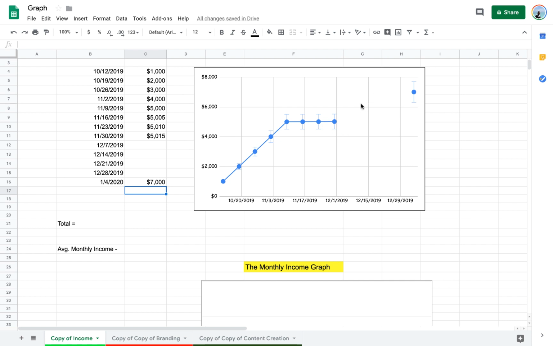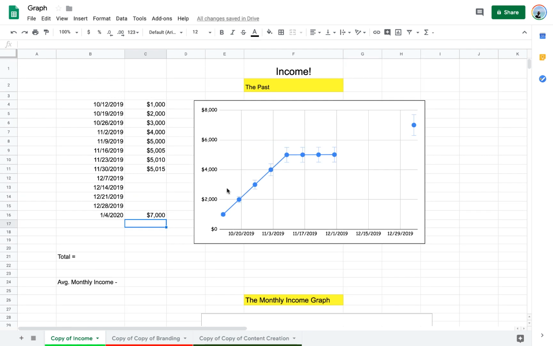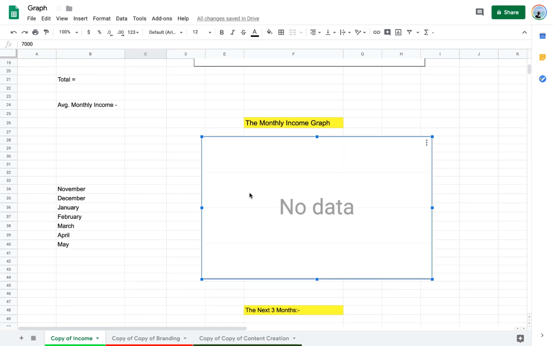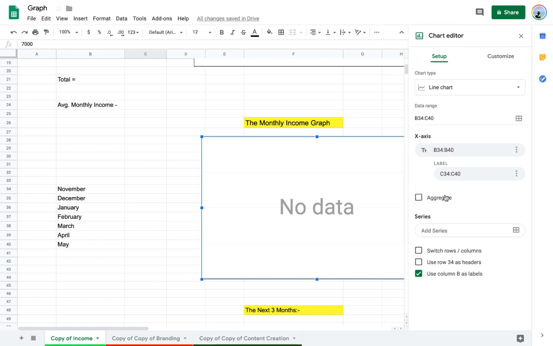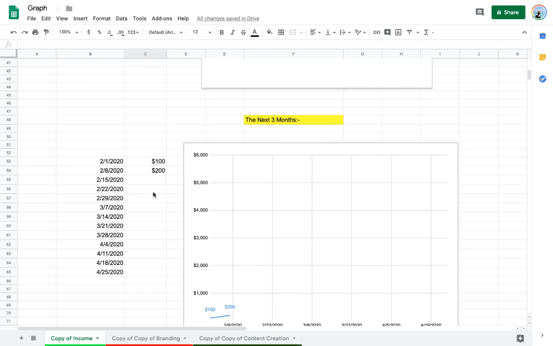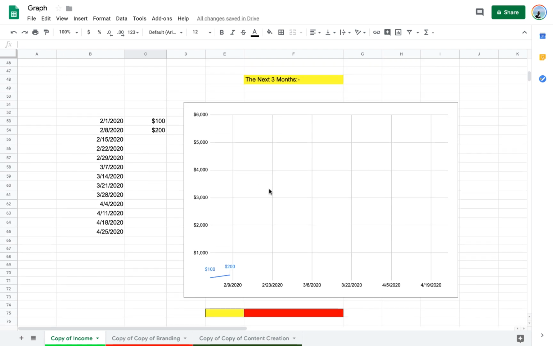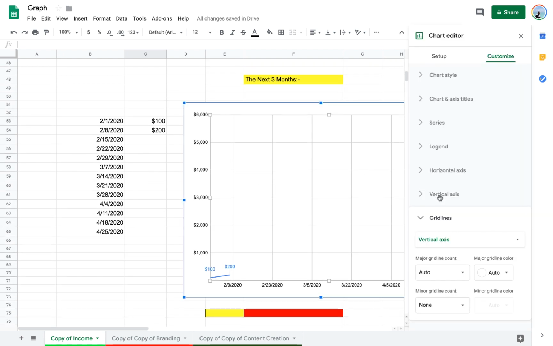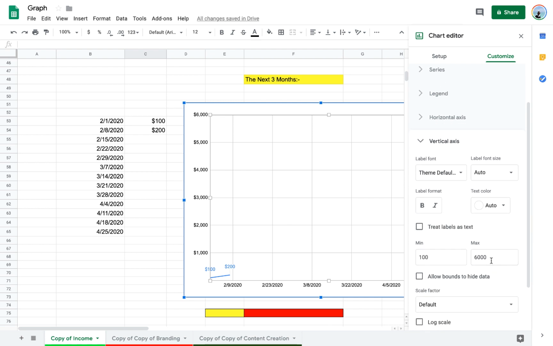Okay. So what this is gonna do for you is it's gonna give you an idea of what is happening and where the graph is going and what the highest is. Okay. So what I would do is I would take this 7,000 here, which was the highest week, and I'd click on this. I'd go to customize. Hang on. This is the monthly sector. Okay, so I'd go here, right? And what I do is I'd go to vertical axis and I'd put 7 into 3, 21,000 there.